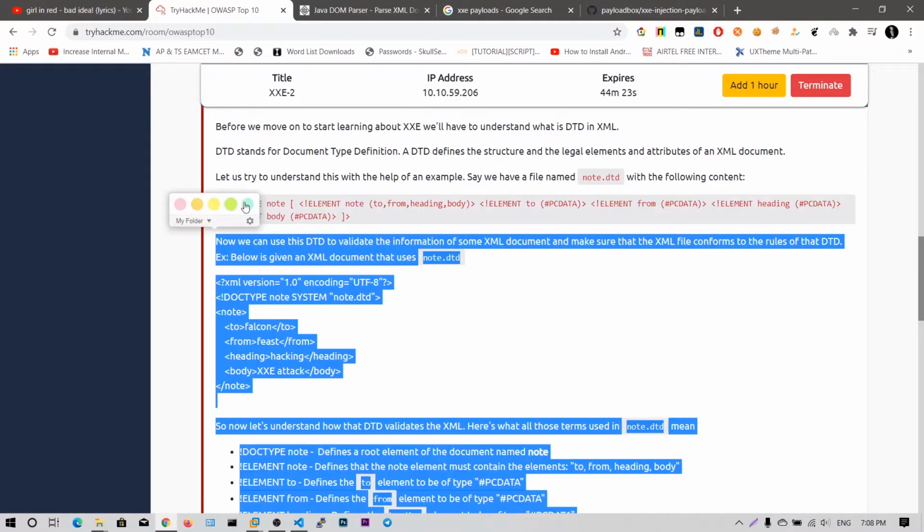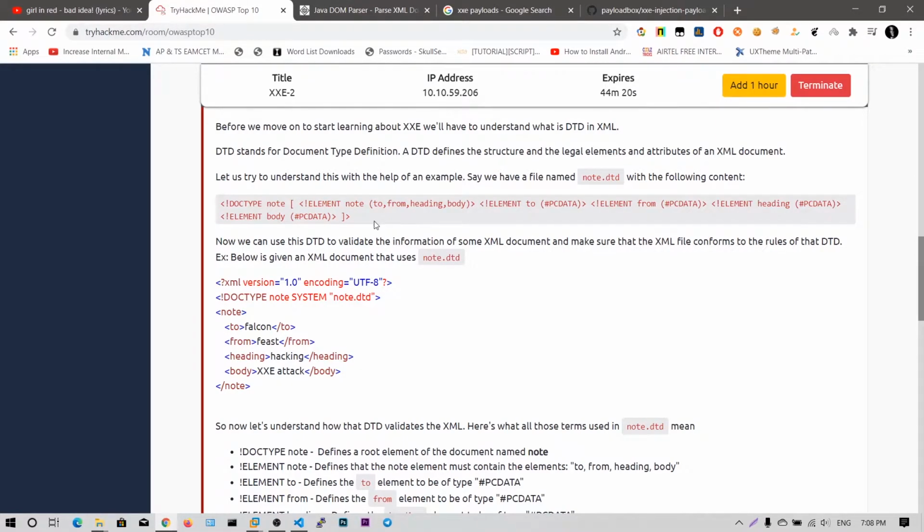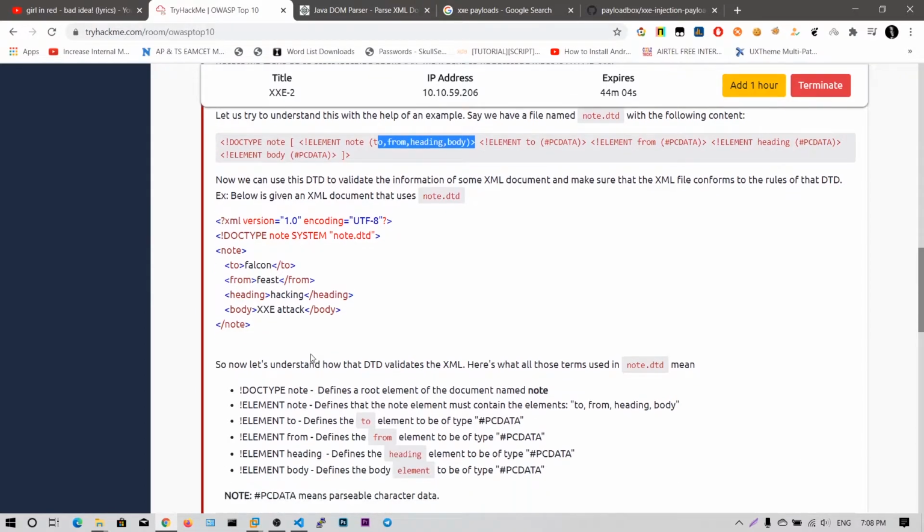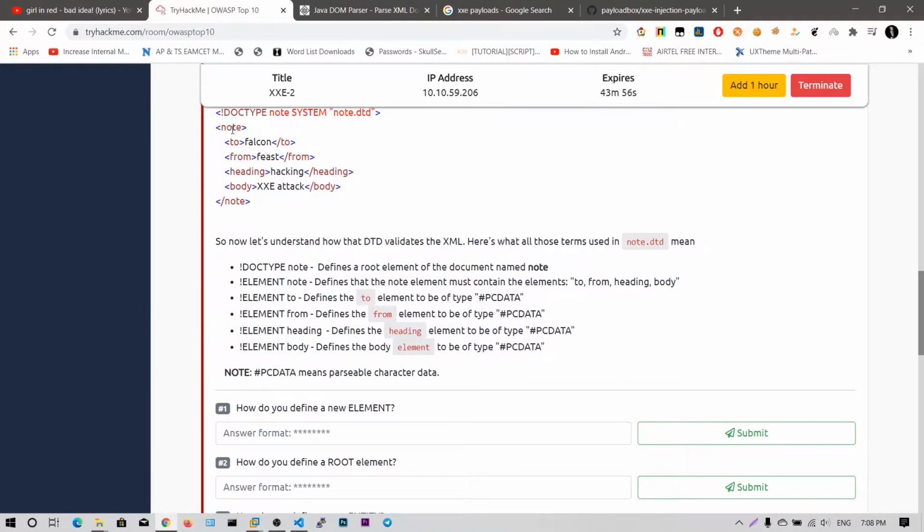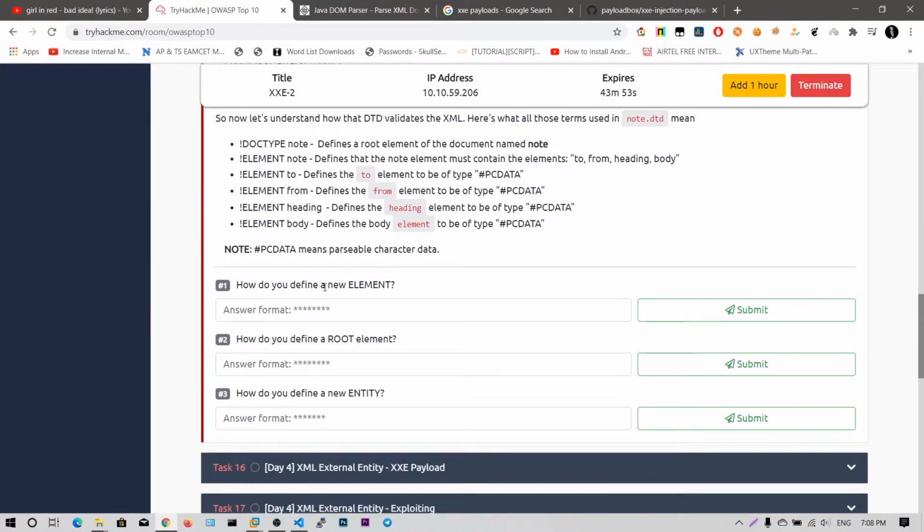You can save this as some test.dtd, and give it to a tool to check the DTD against this XML. If there is another element, say sample, then it will fail because we have defined only four child elements. If there is another element, the tool gives an error. You can see here DOCTYPE defines a root and ELEMENT node, and these are the child elements of this root node. So how do you define a new element? Okay, the root element is defined using this DOCTYPE.